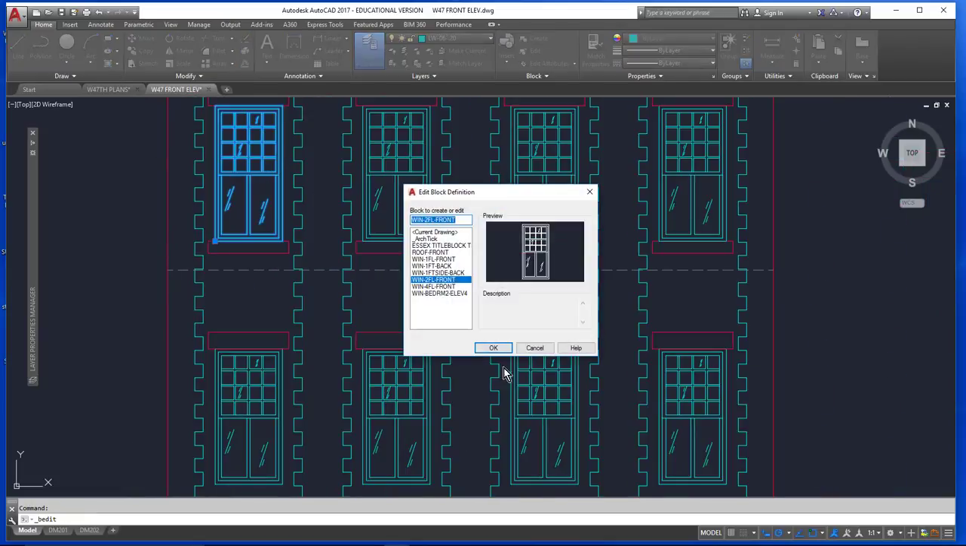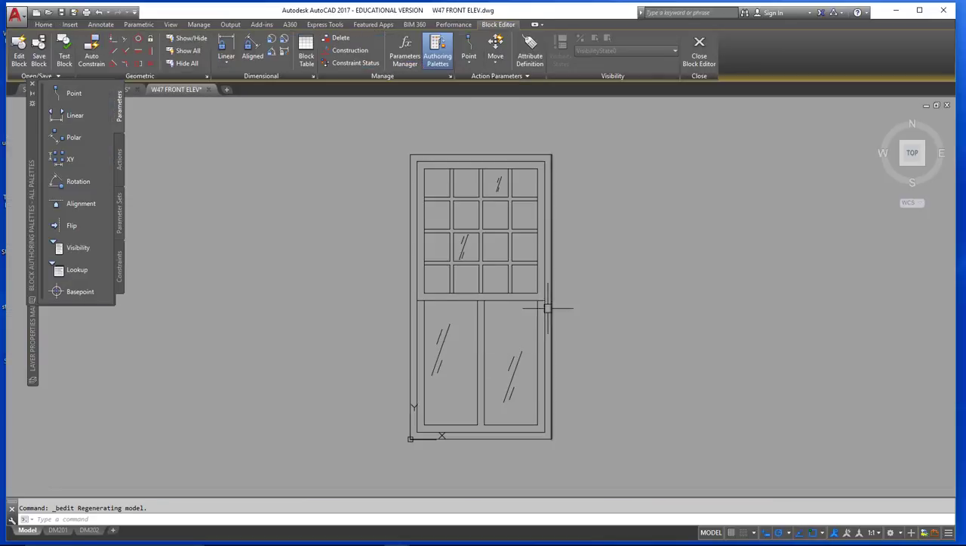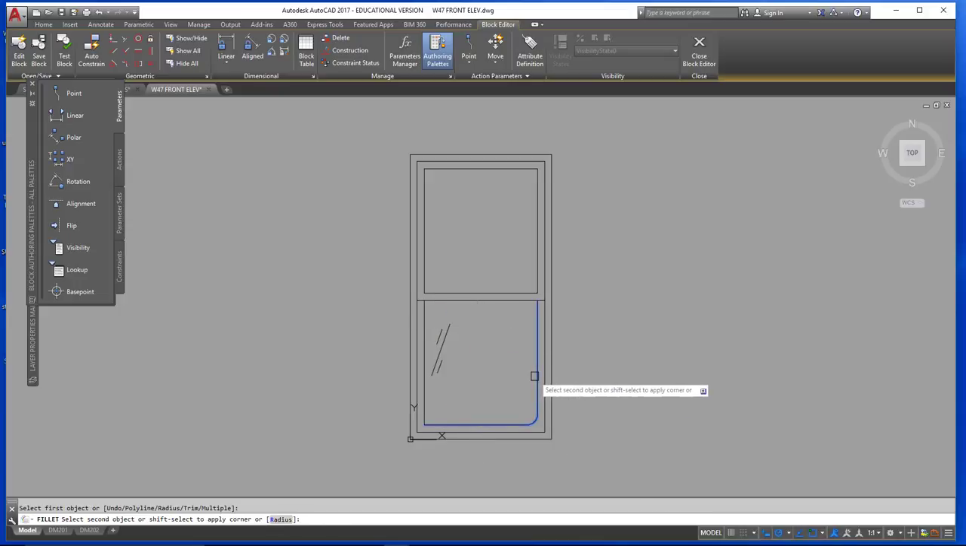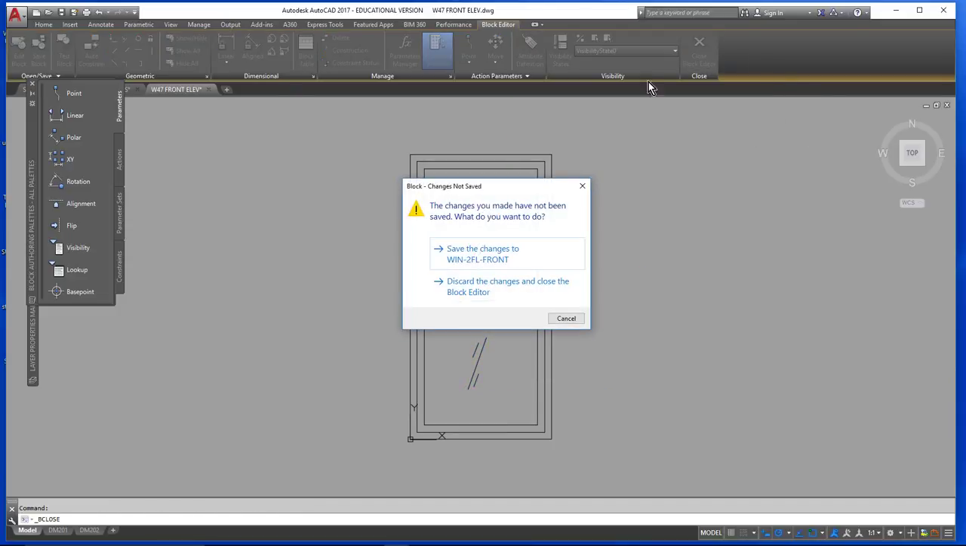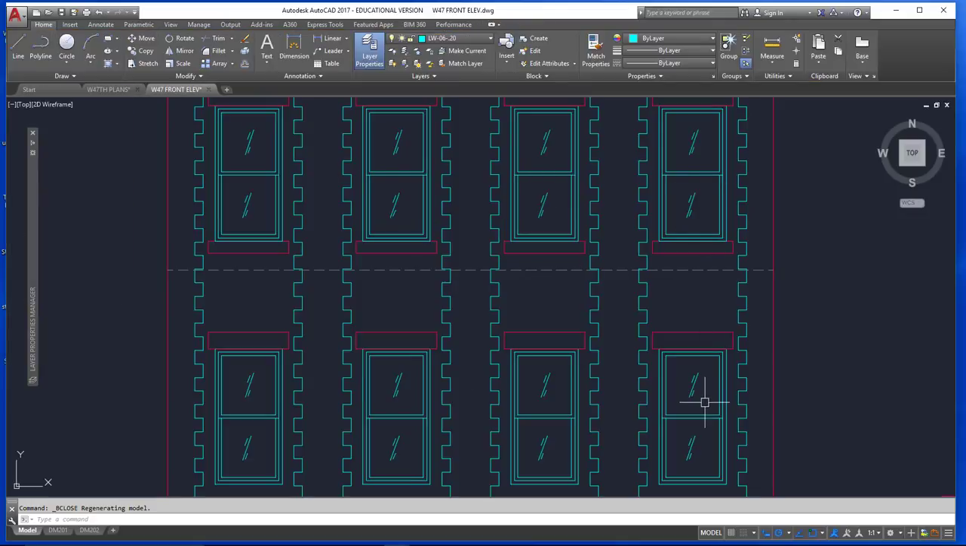I can double click on it, go to the block editor, and I could just remove those mullions. Make a fillet, radius 0. There was a radius associated with the fillet command there. So this is my new window. I hit close block editor. It says, do you want to save the changes? Yes. And now all the windows are updated,